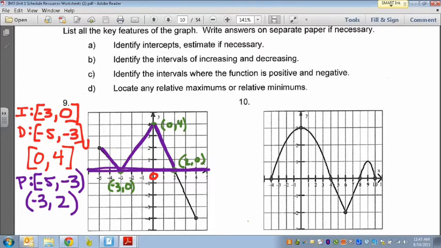And now let's go to the negative part, which is this section right here. Okay, so it's negative starting at 2. And then it goes all the way down to what appears to be 4. I can't include 2 because 2 is not positive or negative. But 4 I can include because it's not on the axis. So those are all my